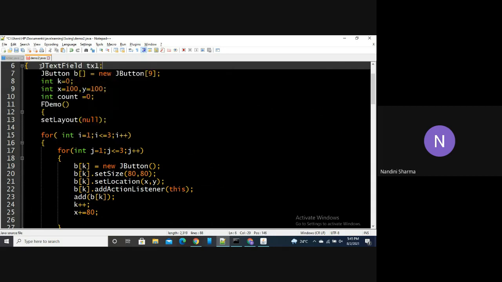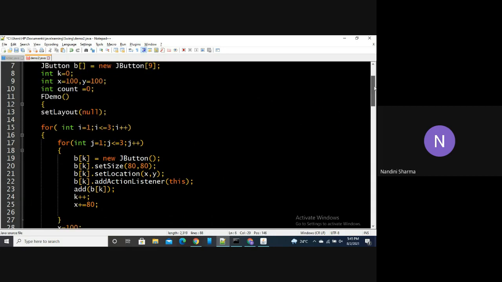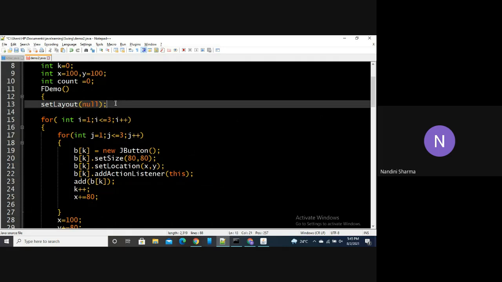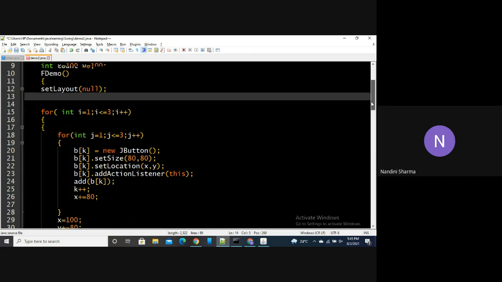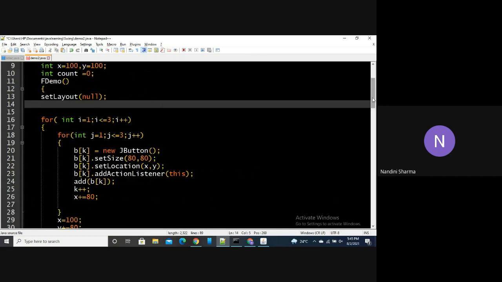You can call it anything. And inside FDemo, you can set its location and its size. You have to set its location with reference to your buttons. All right. Is the task clear? And whatever we studied today, is that clear?